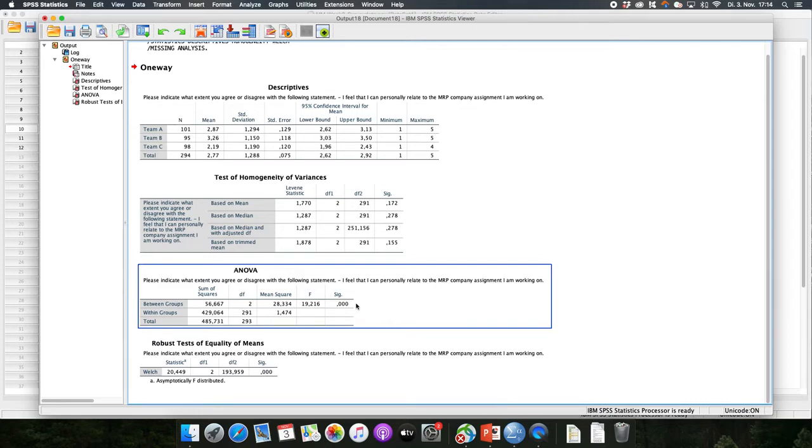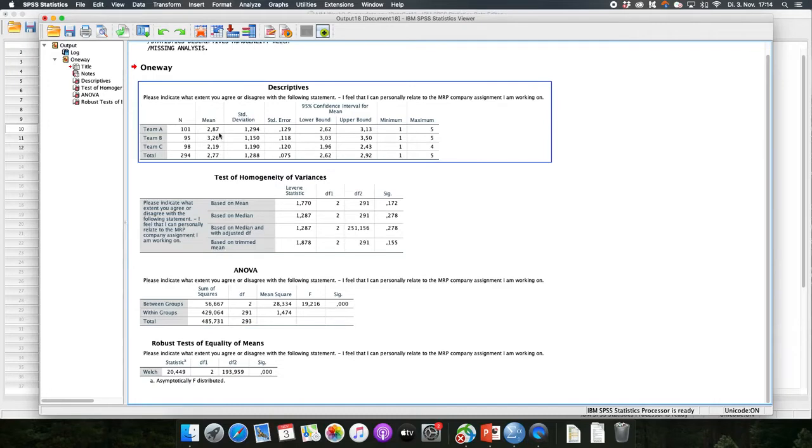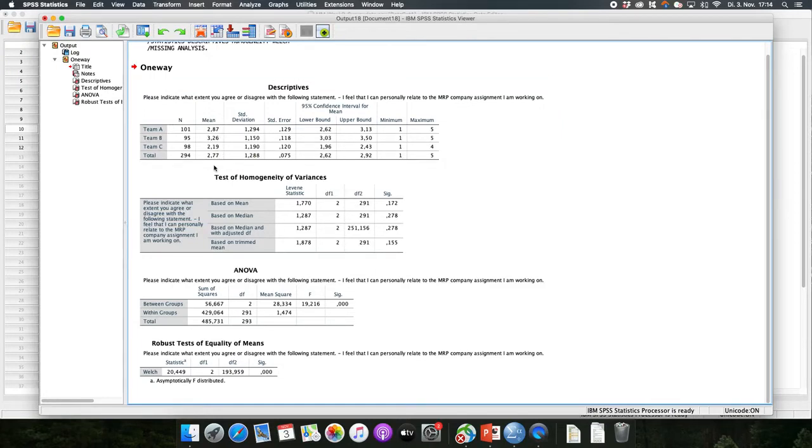Now we might be tempted to directly look at the means up here and simply conclude that, well, it seems team B has the highest mean. But here it's important to think back to what the alternative hypothesis is that we've found support for with the ANOVA, and that's that at least one of the groups is different from the others. With three groups, we cannot be sure which of these groups is different in a statistically significant way. To do that, we need to run a so-called post hoc test, which we can do